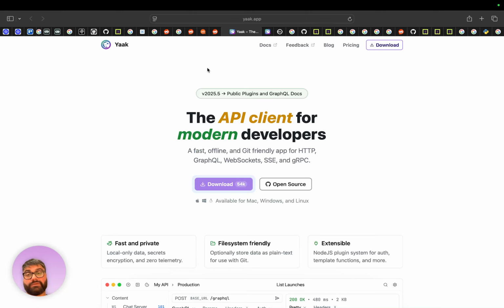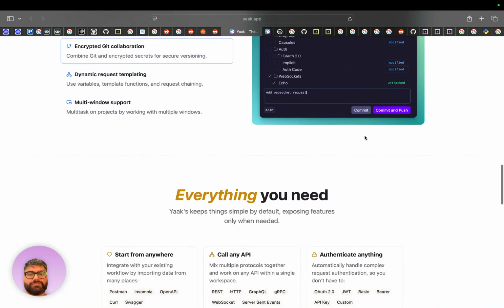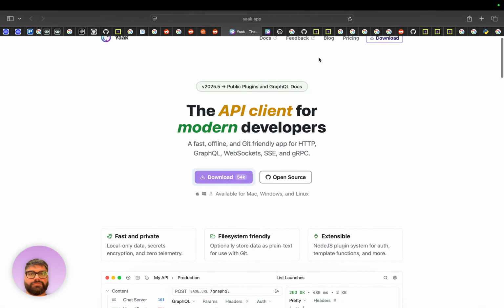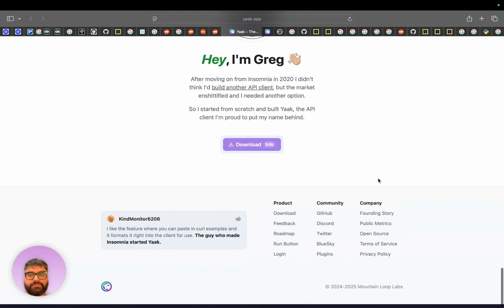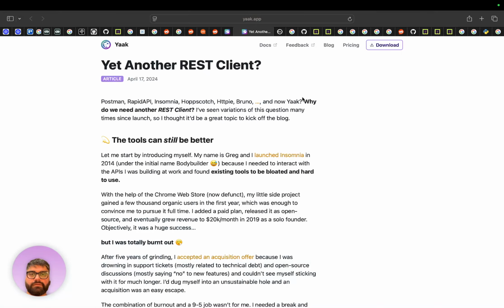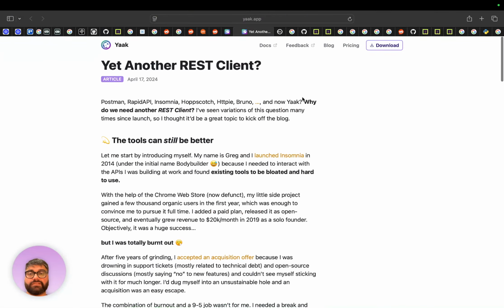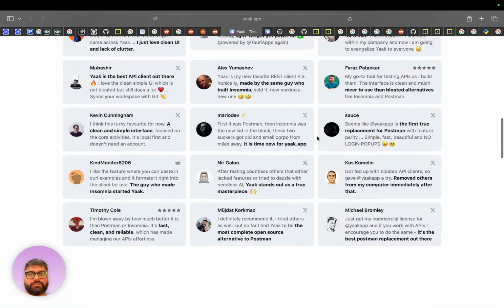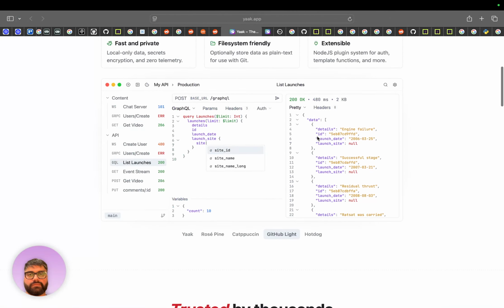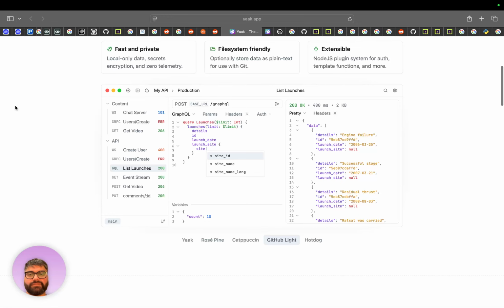So I went on a rabbit hole and found Yak, which was created by the creator of Insomnia, which is another API client that had the same idea as Yak, supposed to be super simple and straightforward. We've got some screenshots here somewhere. Oh wait, no, this is a blog post. It's super cool, actually. Oh, it's right here. It's literally right in front of me. So I think it's pretty cool.